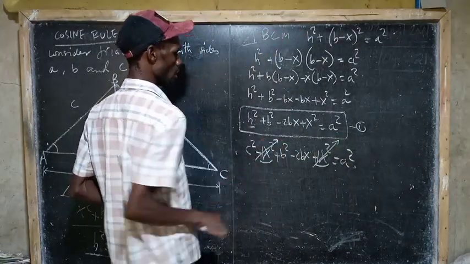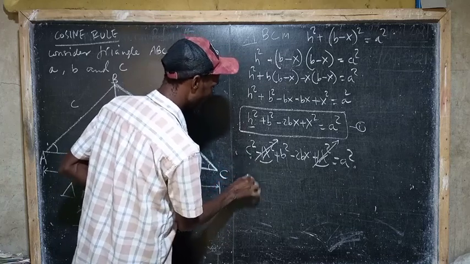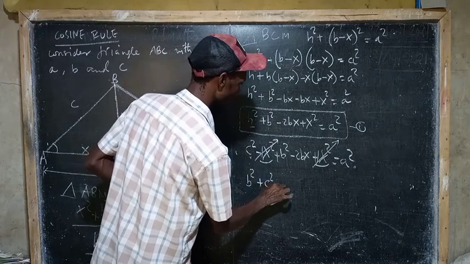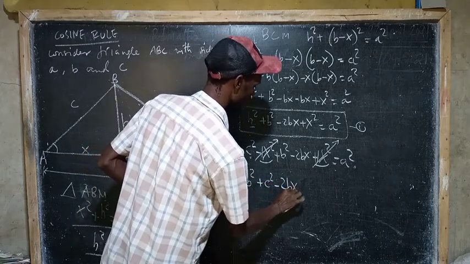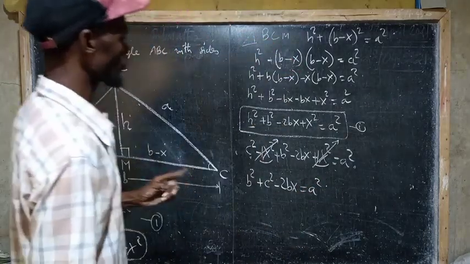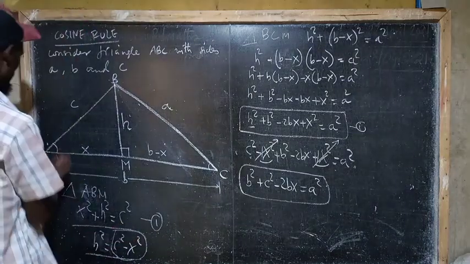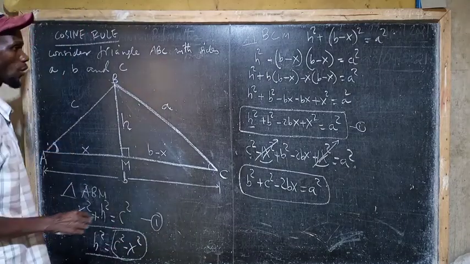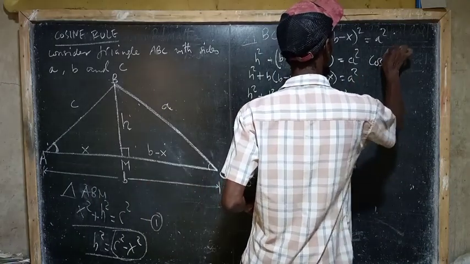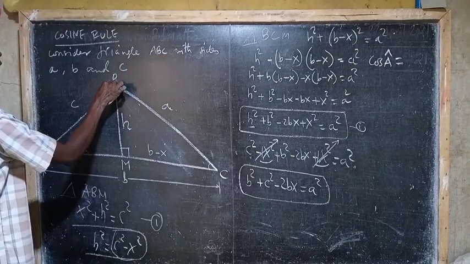What remains is B squared plus C squared minus 2BX is equal to A squared. That is very important to understand. Now, let us consider angle A. Cosine of angle A will be equal, by considering this triangle,